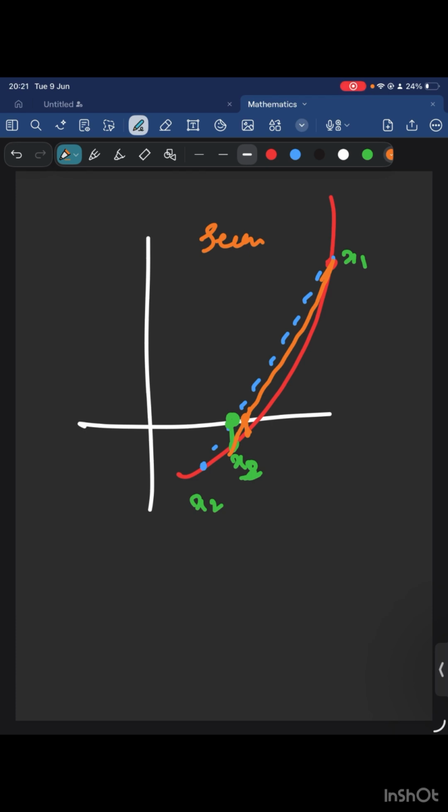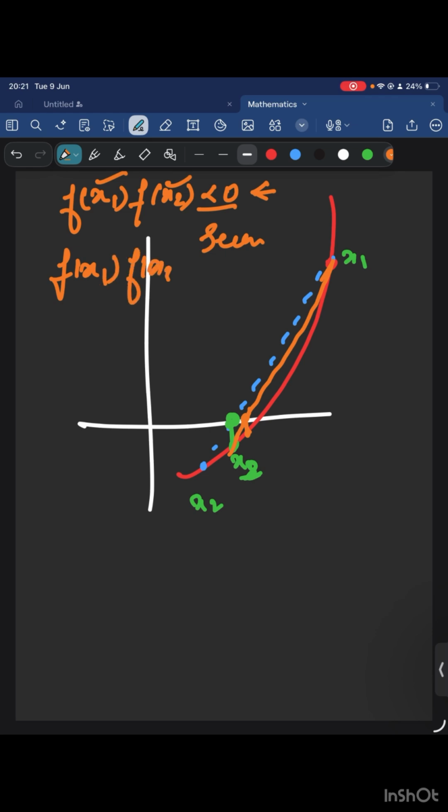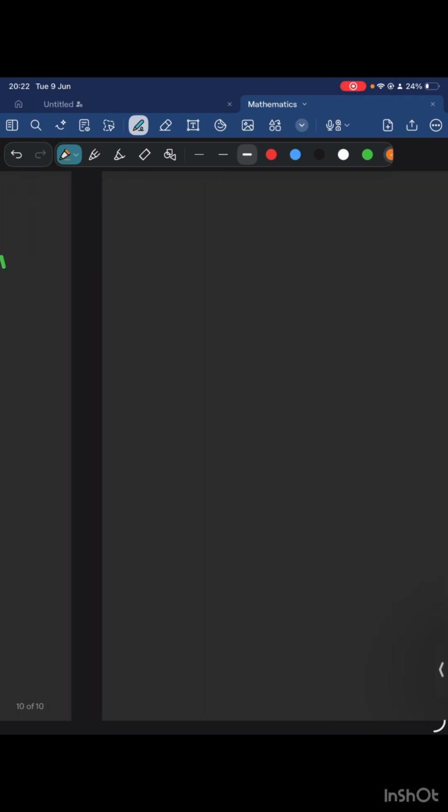In regula falsi, what you were doing, you were checking the condition only: if I take f of x1 and f of x2, is it negative or is it positive? If it is negative, then we go with these 2 points. If it is positive, we will take another set of points. Let's say f of x3 is coming positive, so we are not taking x3 as a point. This is regula falsi. Now in Newton-Raphson,